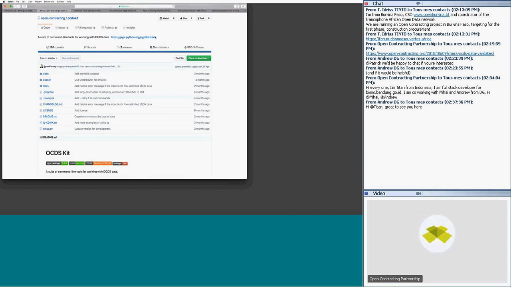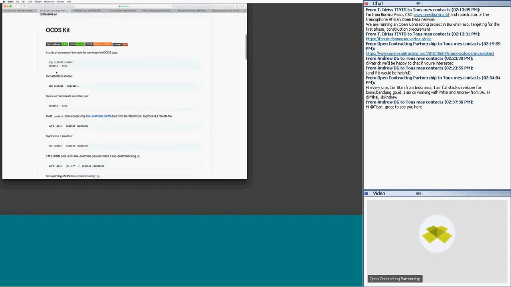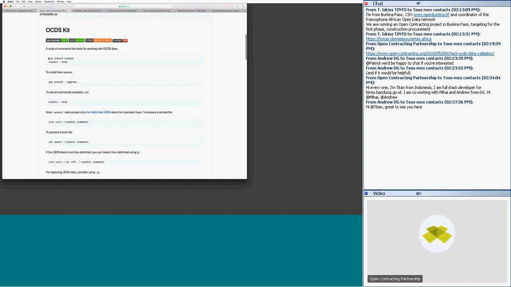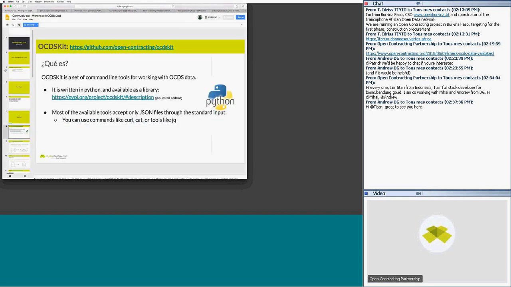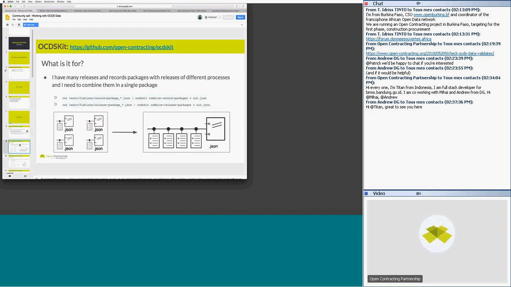You can find it both on GitHub, and for people who are Python users, it's available just via pip install. So if you're using Python, you can pull data in. And the way it works is by just streaming OCDS files to it through standard input, much like you'd use tools like Cat or Q. To give you a kind of feature it's got